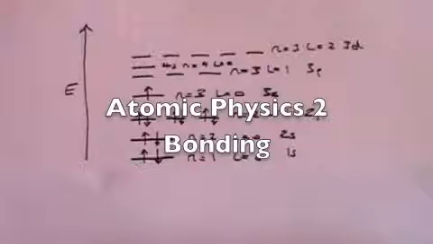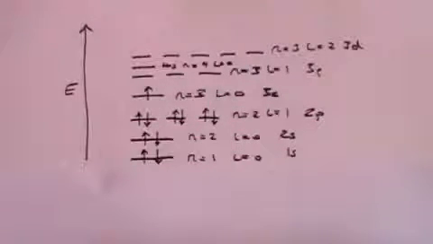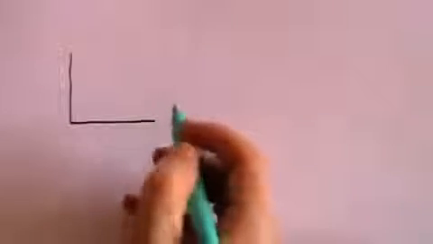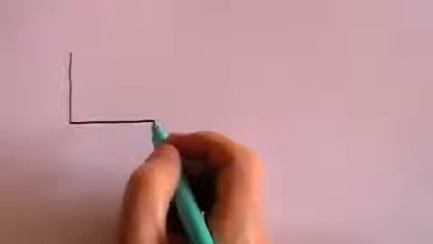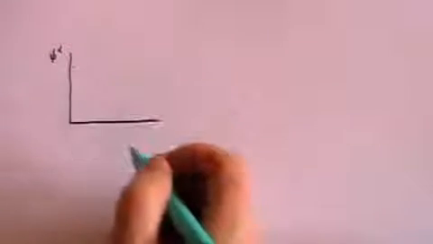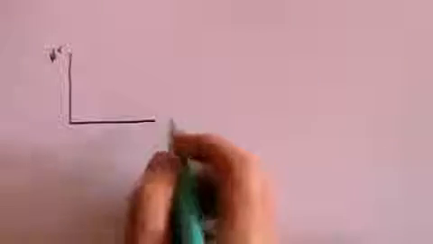Hello. In the last video we looked to see how electrons filled the energy levels that are available to them. And they always start, according to the Aufbau principle, at the lowest energy level first. But now we want to look at the wave function for, let's say, the 1s orbital. That is the lowest energy level for the electrons. And we find that if we plot the wave function squared, which of course is the probability of finding the